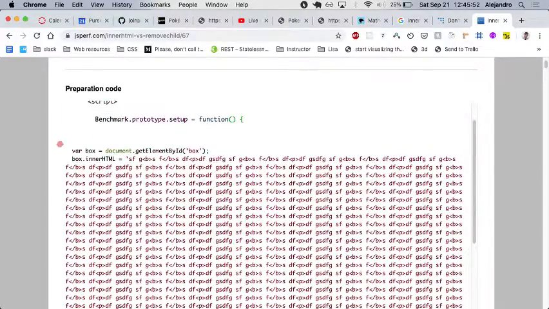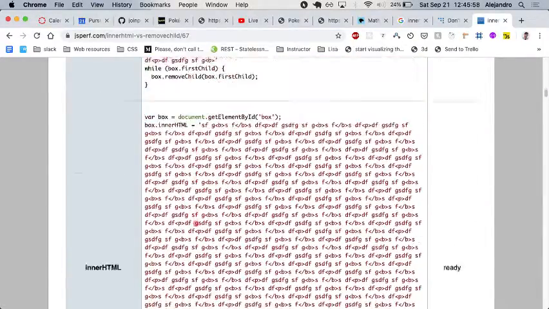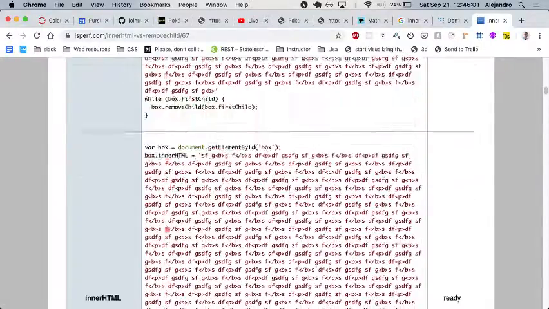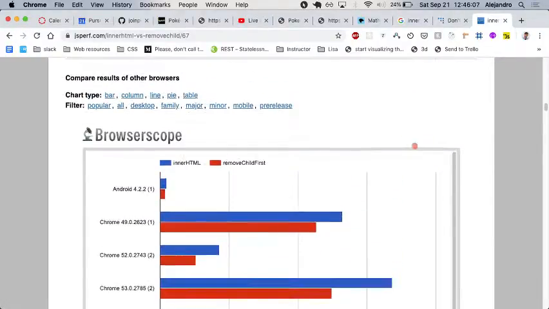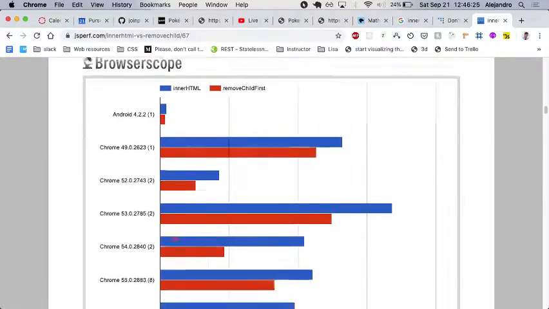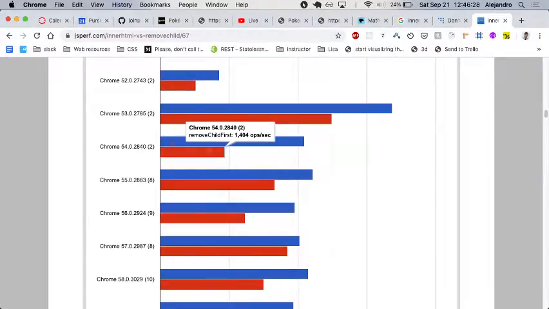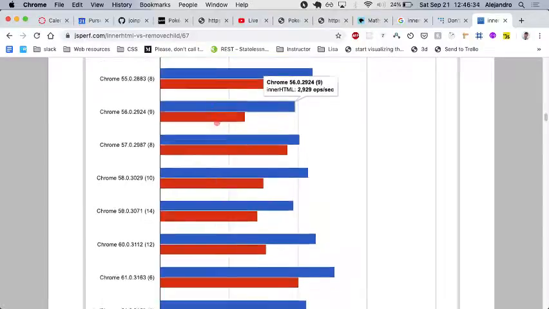Here, he had this HTML, and then he tests removeChild against innerHTML, and here we can see the results. You can see here the smaller is the better. We can see that removeChild takes less operations. It's faster. Lower is faster here. So removeChild is more efficient than setting the innerHTML to an empty string. That is just sort of